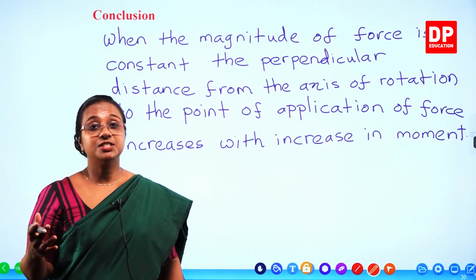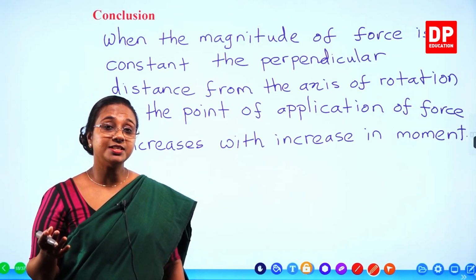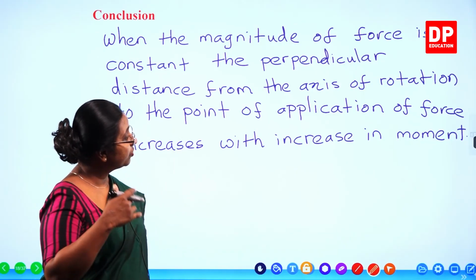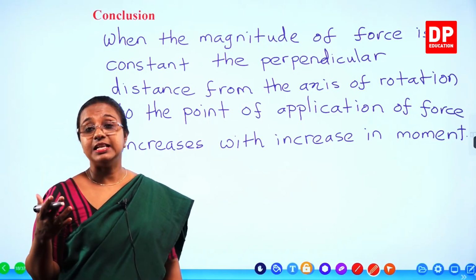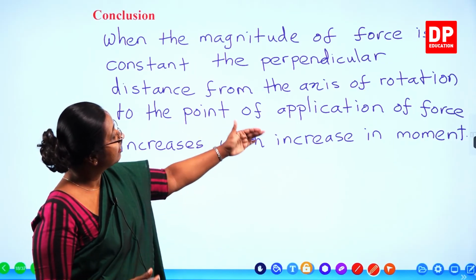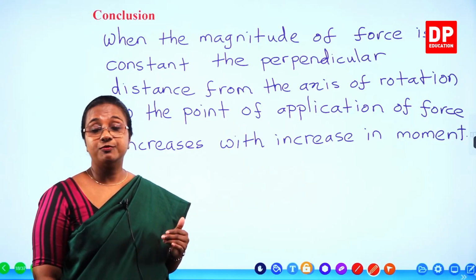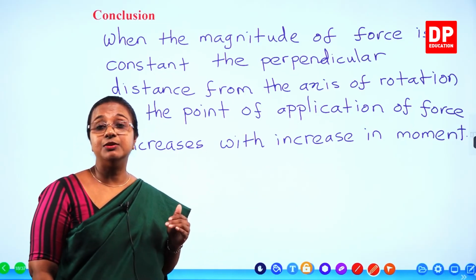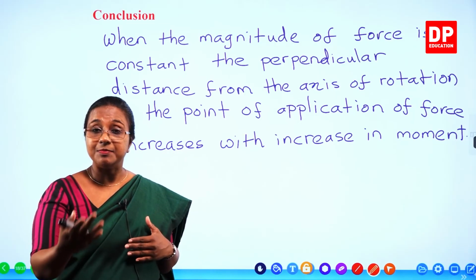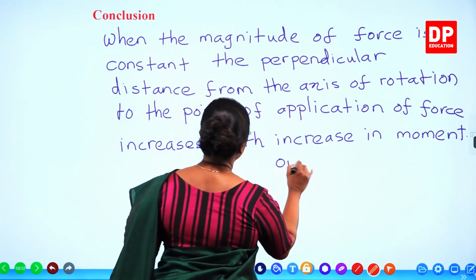Or in other words, what can you say? When the magnitude of force is constant, the moment of force will increase with the increase in perpendicular distance. So here we say the perpendicular distance increases when the moment of force increases. That is what we did during the activity. It can be the other way also. So if I write another conclusion,